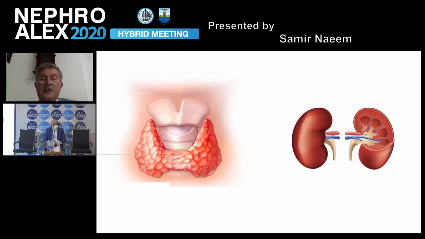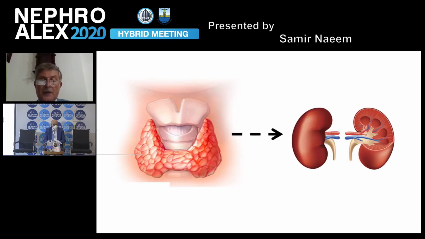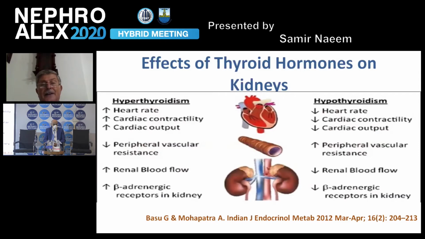The aim of the presentation is to link the thyroid and the kidneys. I will be speaking about the effect of thyroid dysfunction on the kidneys, the effect of chronic kidney disease on the thyroid itself, and lastly on common conditions like the use of certain drugs affecting the thyroid as well as the kidneys. We'll start with the effect of the thyroid on the kidneys, and this is from a publication